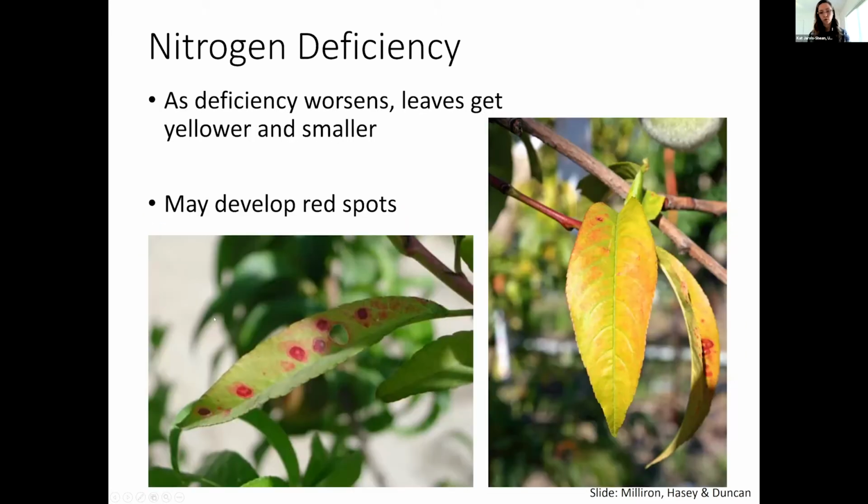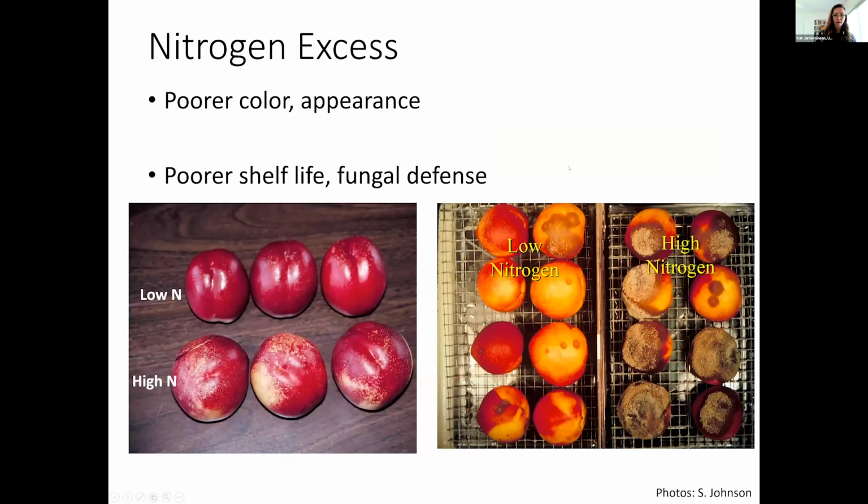When things get worse from there, just from a yellowish green, we can decline into seeing these red spots and a much more yellow than yellow-green sort of color. So that's when we're on the deficient side. When we're on the excessive side,